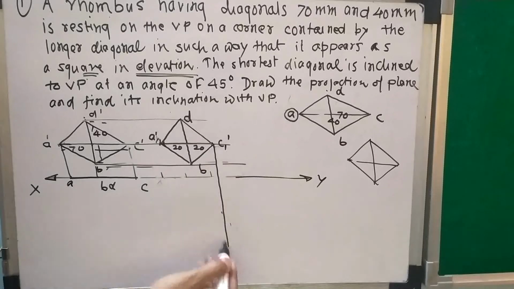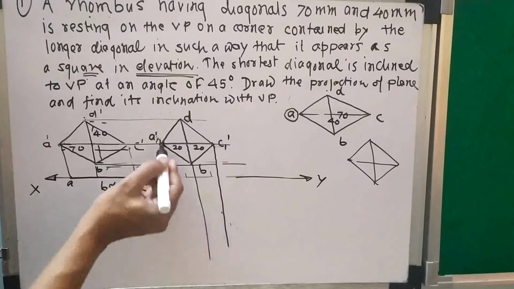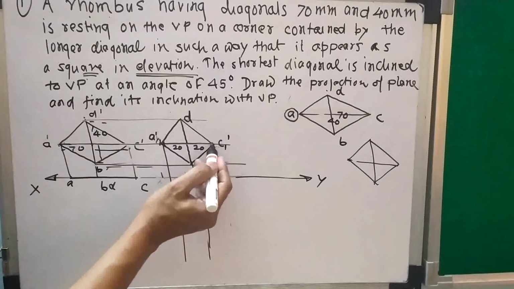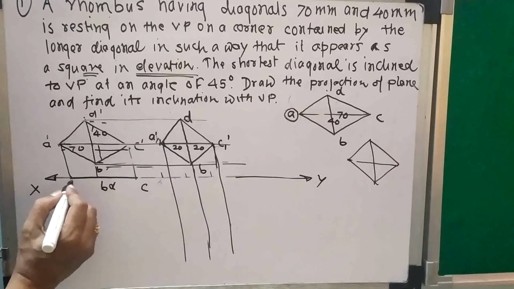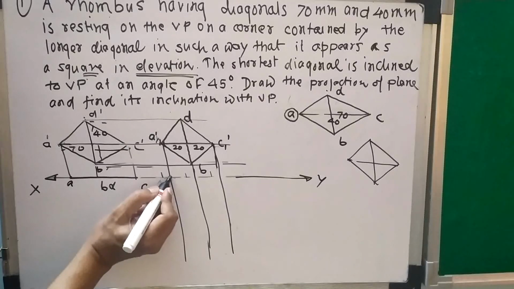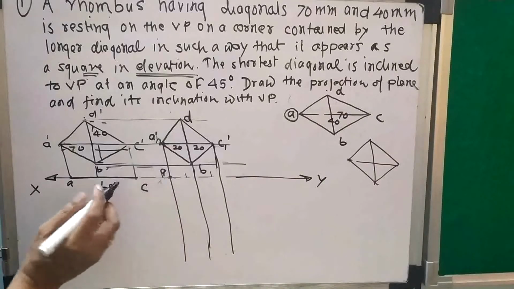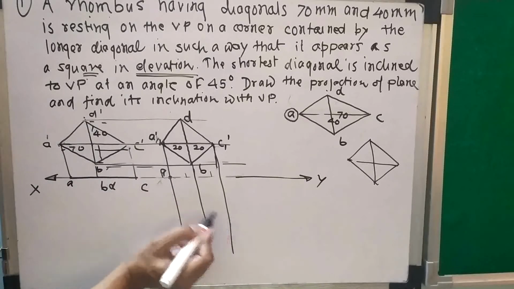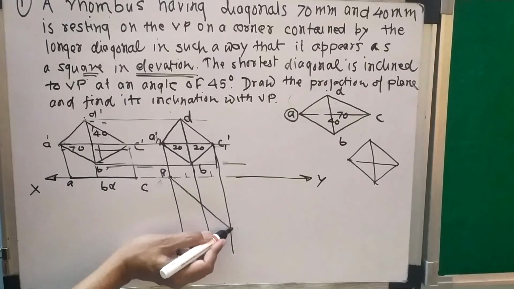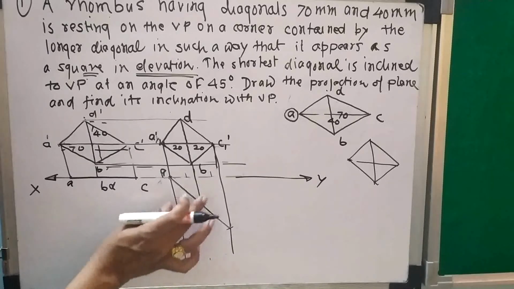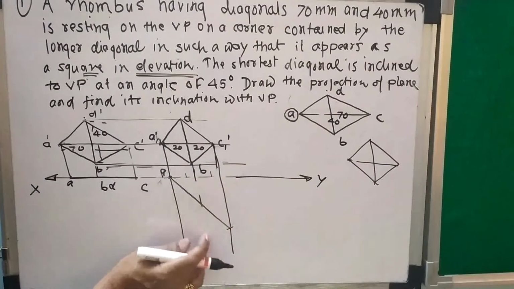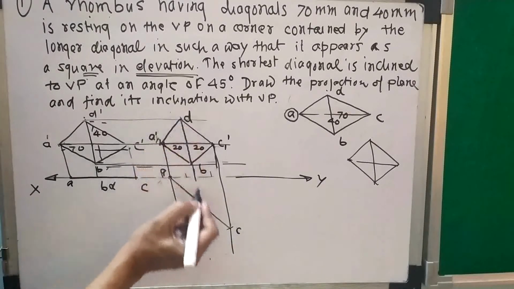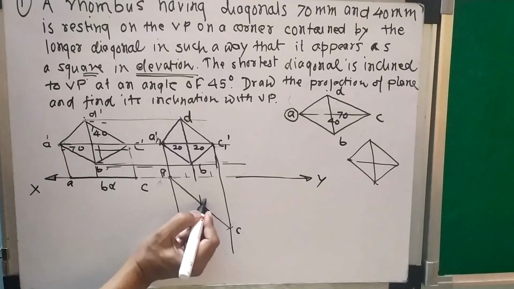So for that case, I will project this, and project this. And now this A is already on XY, so A is here, and so I will take this distance in the compass, and from this I will cut between this projector. So it will cut here. So AC and this BD will come here in this location.